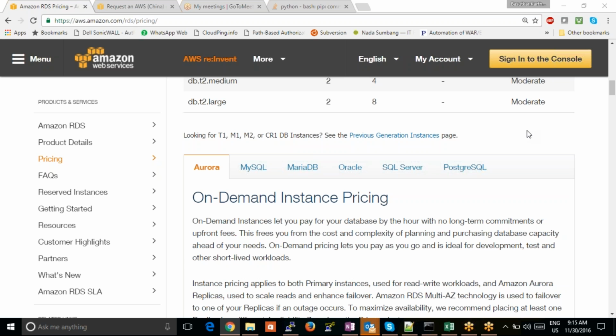Okay, let me start from the first. Today's topic we'll discuss is RDS, Relational Database Server. The word itself resembles that. It's something related to a database server. In the market, you can find a lot of database servers,